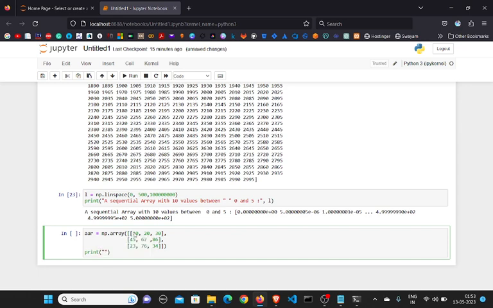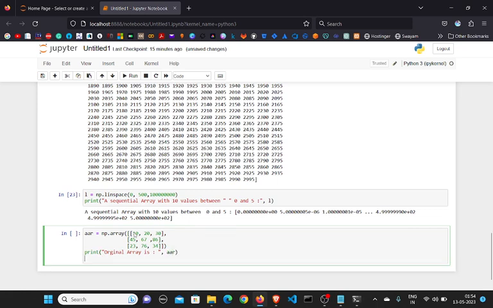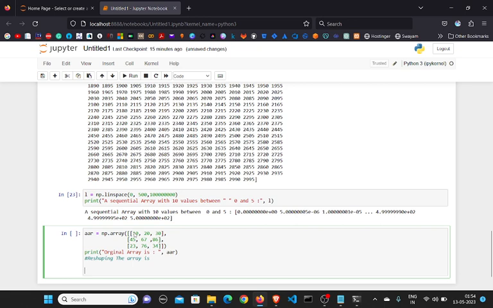Then print original array. Original array is arr. Print then dash reshaping. Reshaping the array is at first define new arr equal to